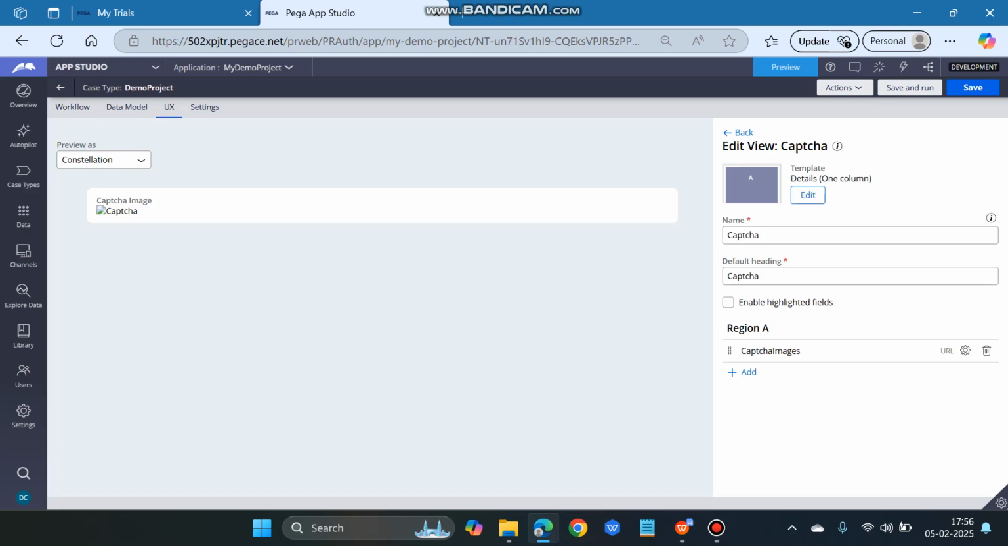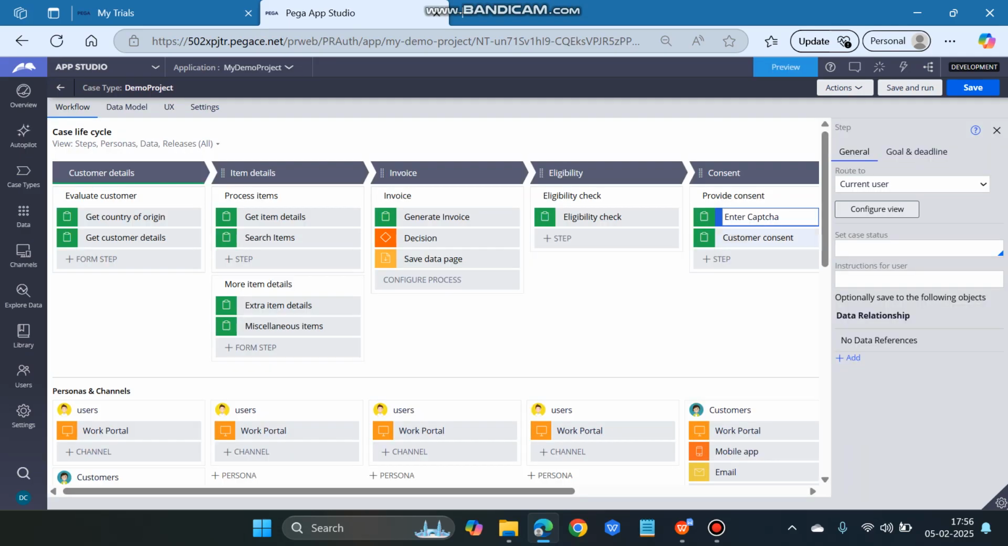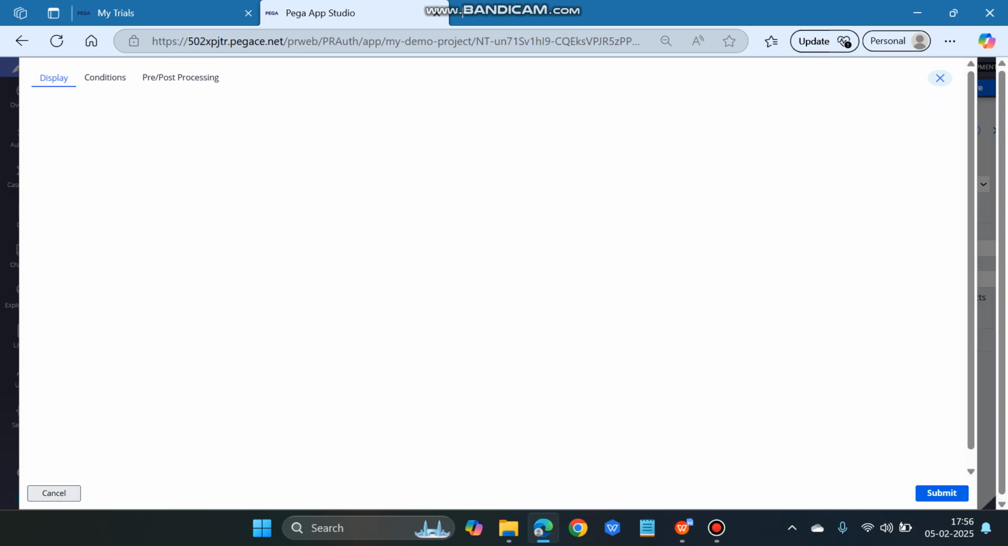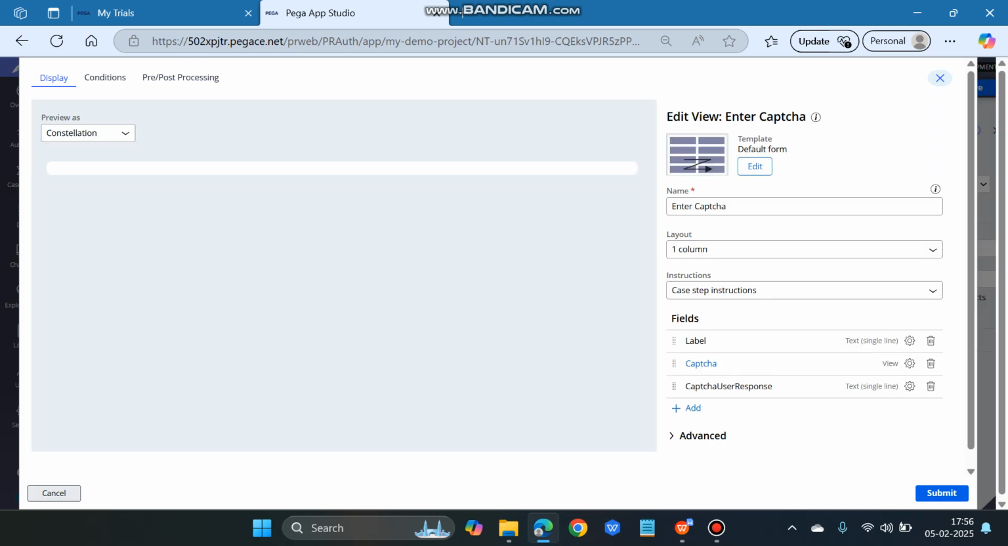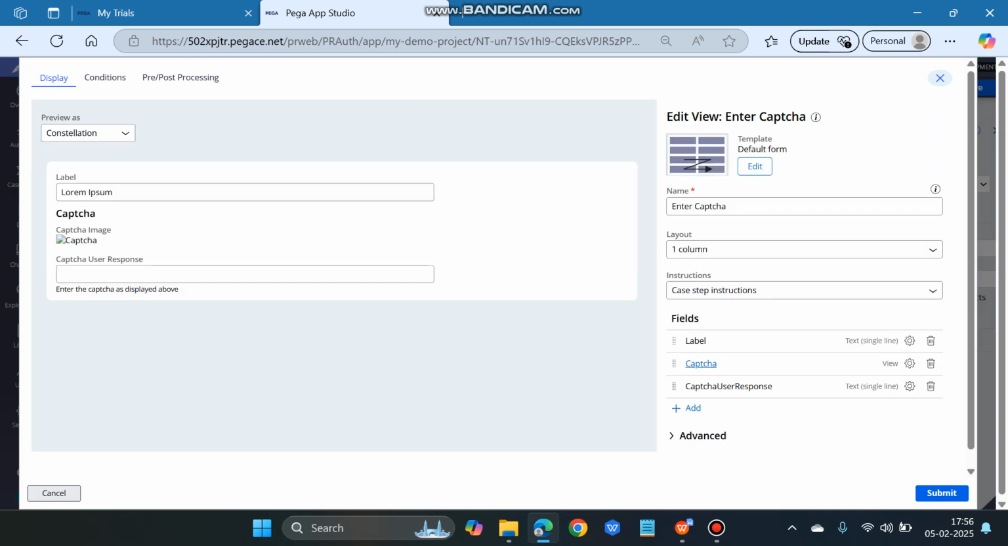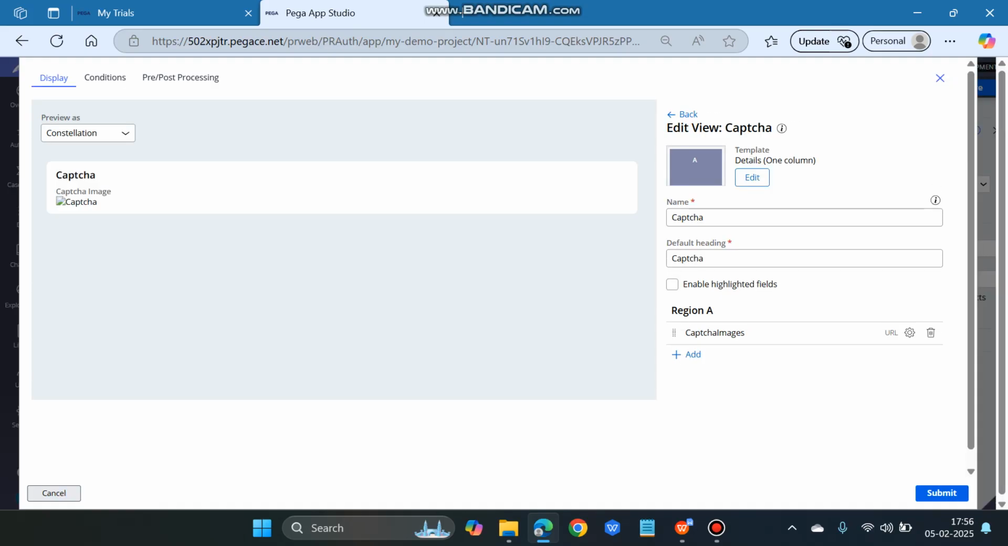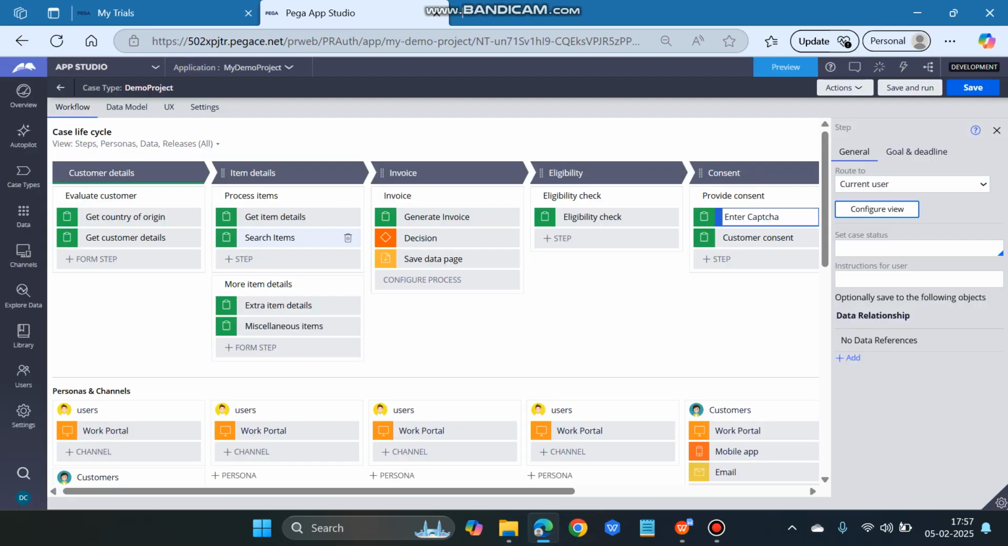A partial view is basically a read-only view which I'll use in the main view. So this is the partial view created, named captcha, and in the workflow, this is the actual view, enter captcha. Within enter captcha, I have called that partial view captcha, and added two labels and two text fields. So if you open this, you will see the same partial view that I created previously, that I have introduced. So that's it. Now if we run this,